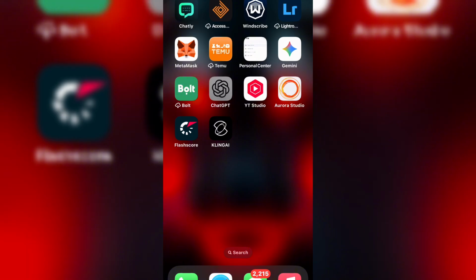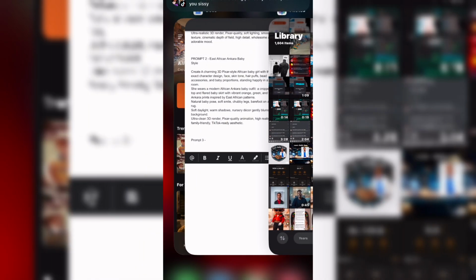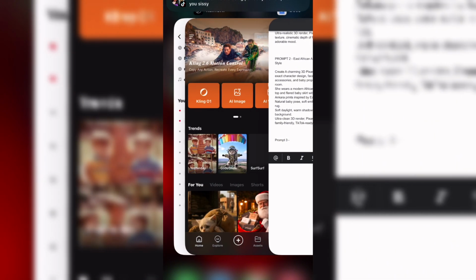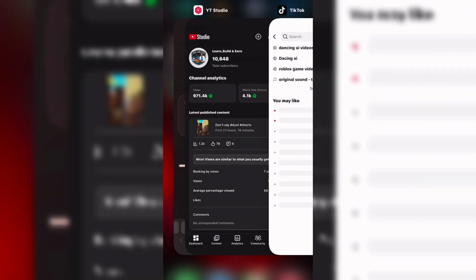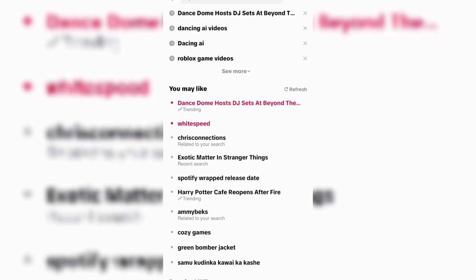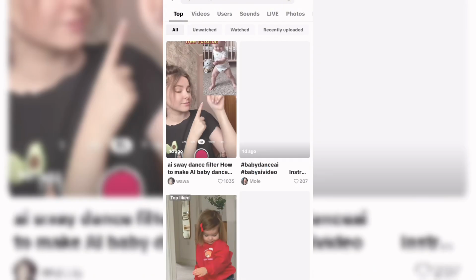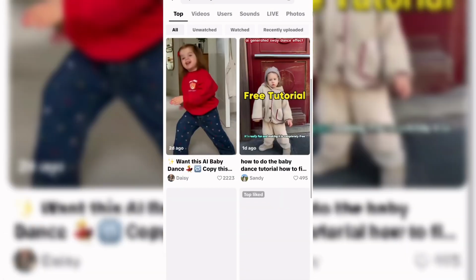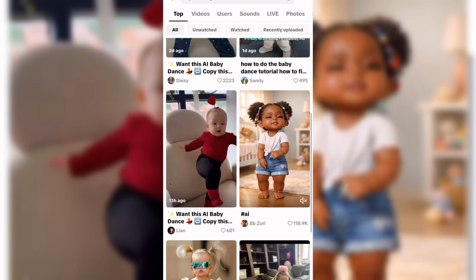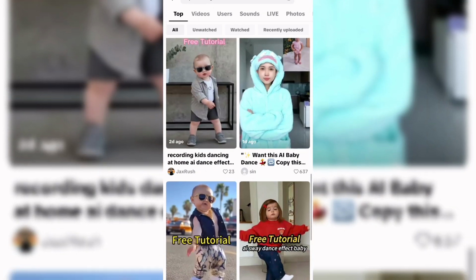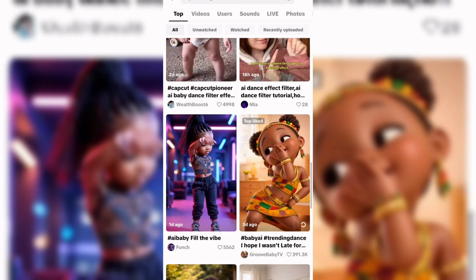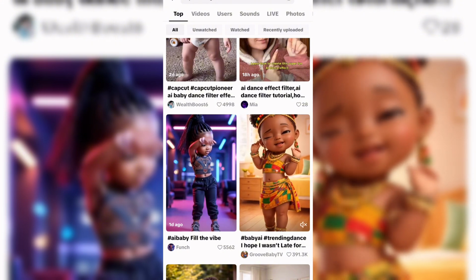So first of all, you need to go to your ChatGPT. So once you get over to your ChatGPT, to get the image, you can go to your TikTok. Just go to your TikTok. Okay, when you get to your TikTok, then you can just search for dancing AI video. So when you search it, just scroll down. So you see this video. You can still look for other ones though. So anyone that you just choose. So all you need to do is just